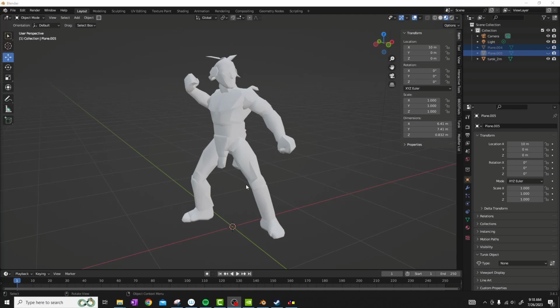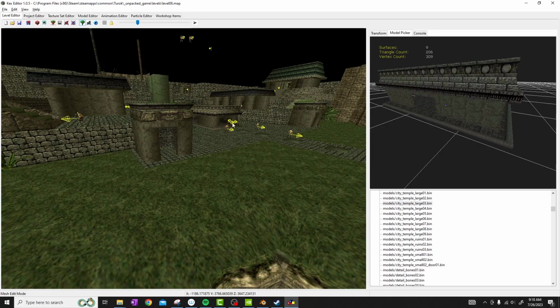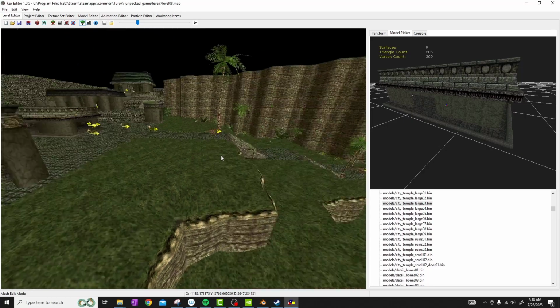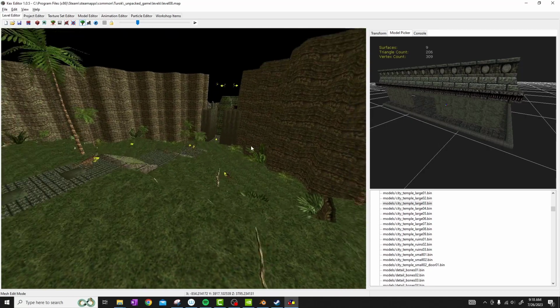The first thing that is very important is basically understanding how things are constructed, right? So if we go to the editor, I have level 08 open. You can find that in the unpacked folder under levels. And level 08 is basically a chunk of the ancient city level,